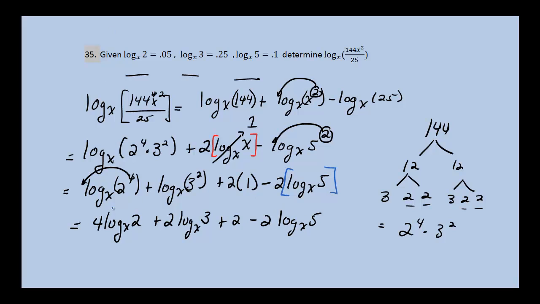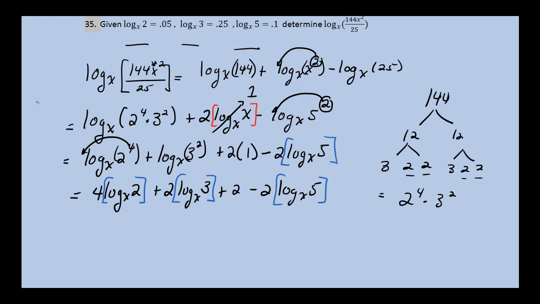So notice here, I know log base x of 2 is equal to 0.05. I know log base x of 3 is equal to 0.25. And log base x of 5 is equal to 0.1. I can go ahead and substitute those values in. So I will have this being equal to 4 times log base x of 2, which is 0.05, plus 2 times log base x of 3, which is 0.25. Still plus 2, I can't forget this plus 2 which came from this, minus 2 times log base x of